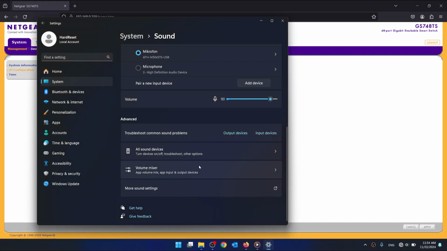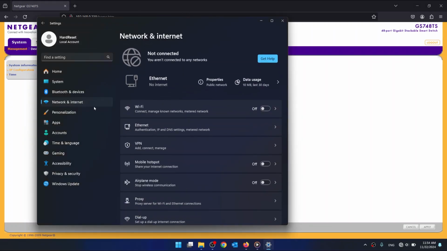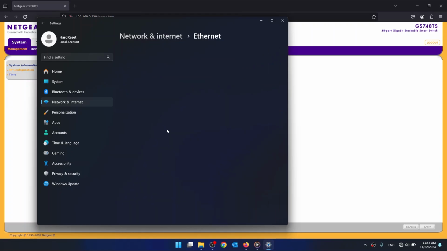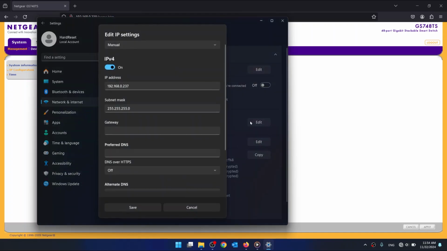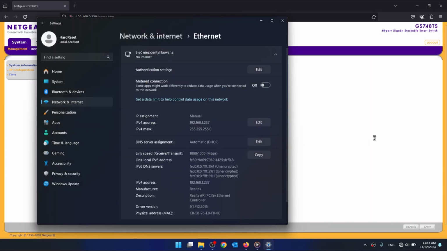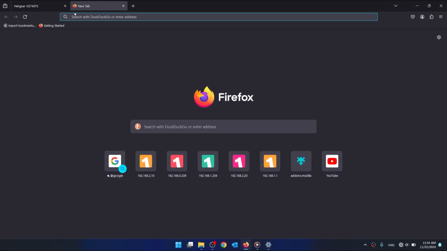and then you want to go to your settings, then your Ethernet, and then edit, and then you enter your change. In my case I changed the subnet, so I'm gonna change the subnet to 1, and save. And then you go to another tab, so